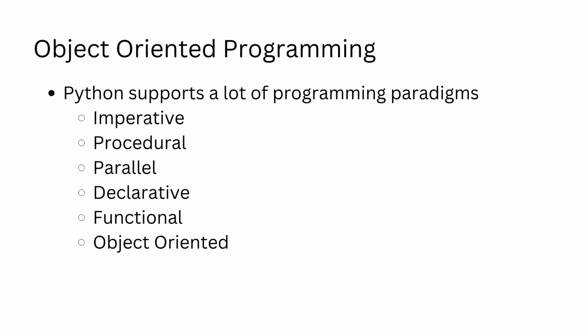Parallel programming is made possible with the help of libraries like multiprocessing. If your machine has more than one core, Python can make the code run faster by distributing the workload across the cores. Procedural programming is a mix of functional and imperative programming. Here, we define a set of functions and execute them in the order we want.